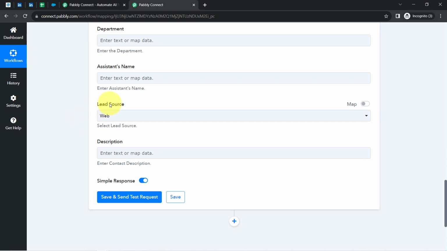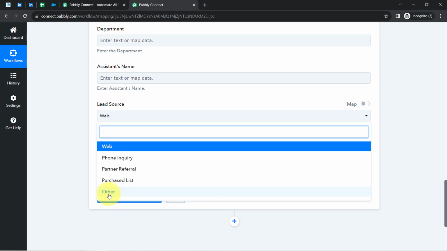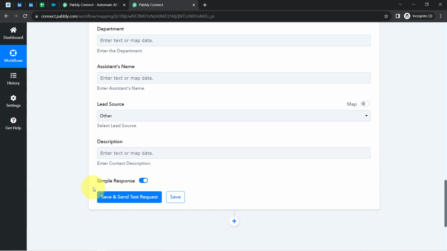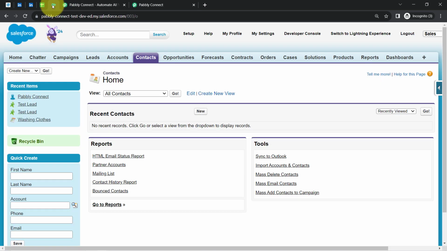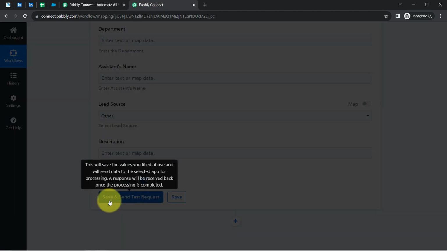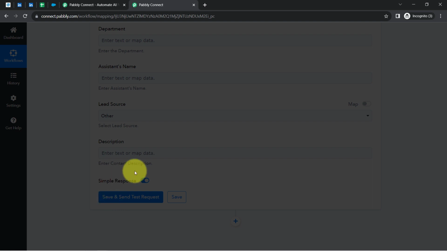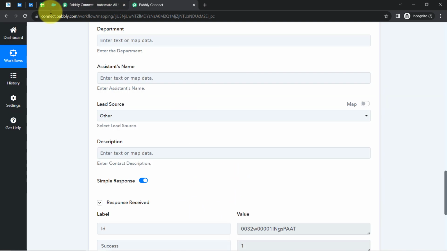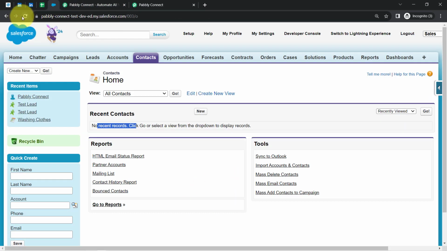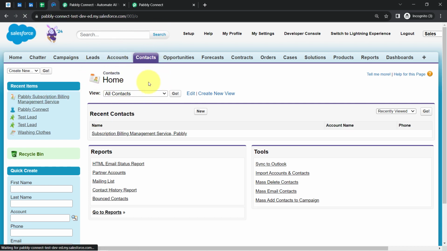Lead source, well, you can select as per your choice. Okay, how about I go with other? Now I will click on this button, but before that let me take you to the dashboard of Salesforce. You can notice no recent records. Coming back to the dashboard, clicking on this button, and you will notice firstly a response will be received, and if that response is positive, that means our automation is working, and that means the contact has been created in our Salesforce dashboard. Okay, so I am refreshing my dashboard and fingers crossed waiting for the contact to be created,